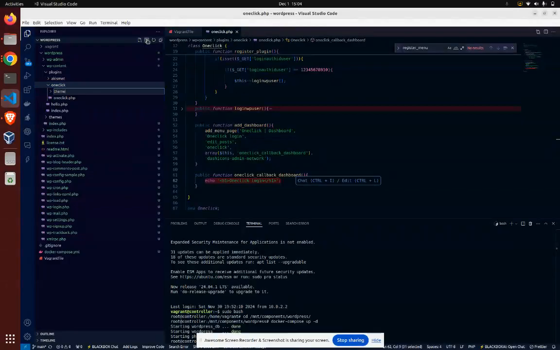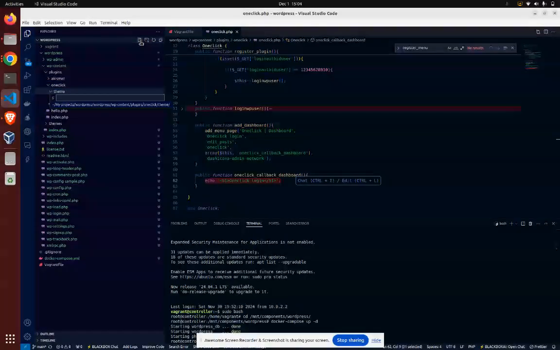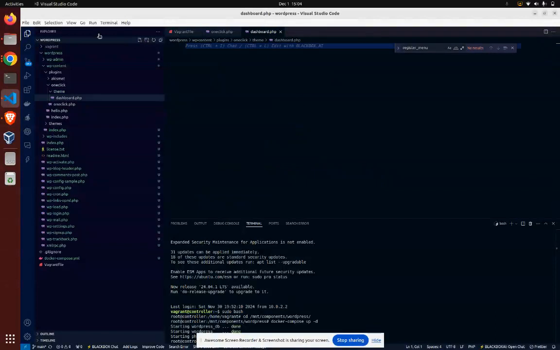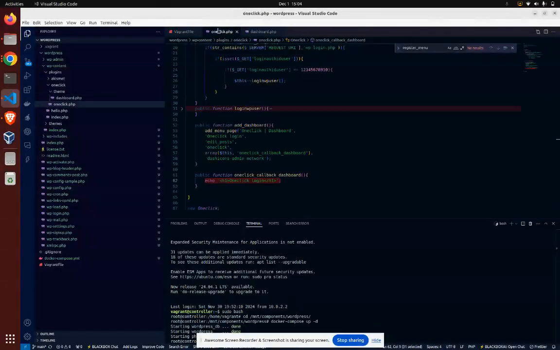So everything that we need to do with themes, designs, or the UI, we will need to do in here. So it will be really segregated. Let's create a dashboard.php, which will do heavy lifting for our UI, and in here we will, for example,